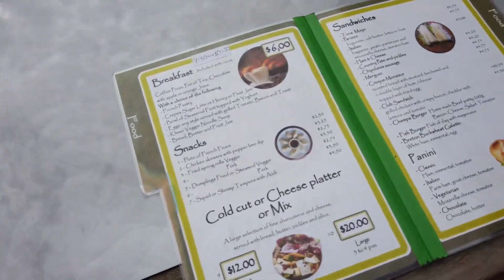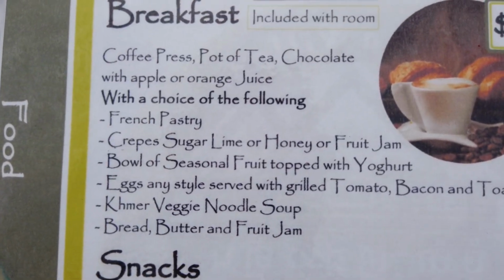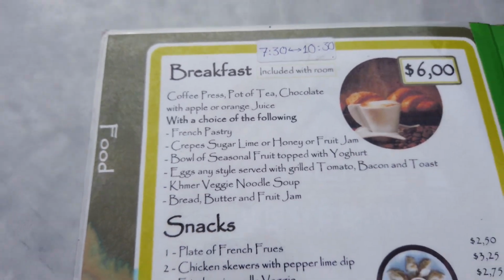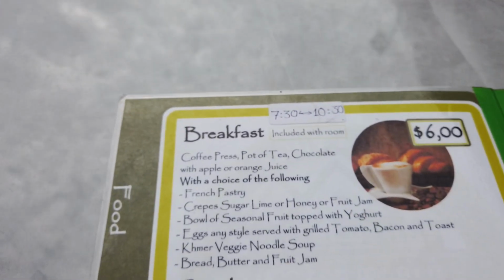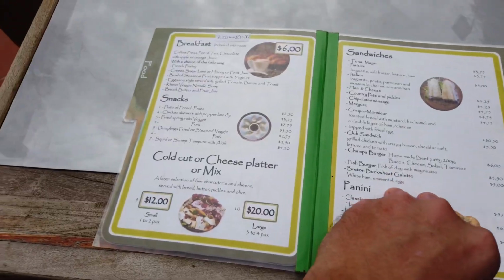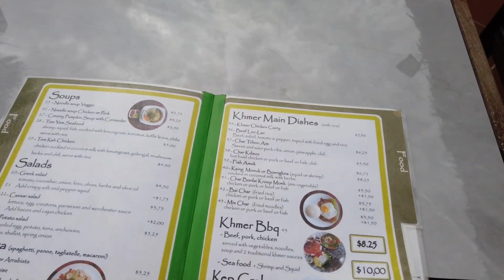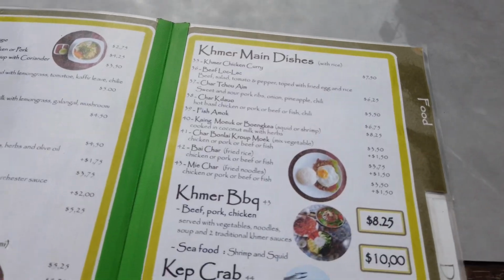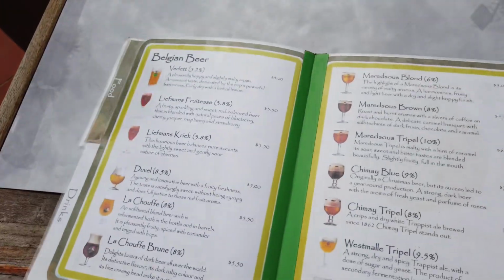Okay, so I grabbed a menu. Here's the options for breakfast. You can pick any one of these things. Or if you just want a light continental breakfast, there's bread, butter, and fruit jam. And they've also got cold cuts, sandwiches, panini, soups, pasta, Khmer food, main dishes, ice cream, and all kinds of drinks and